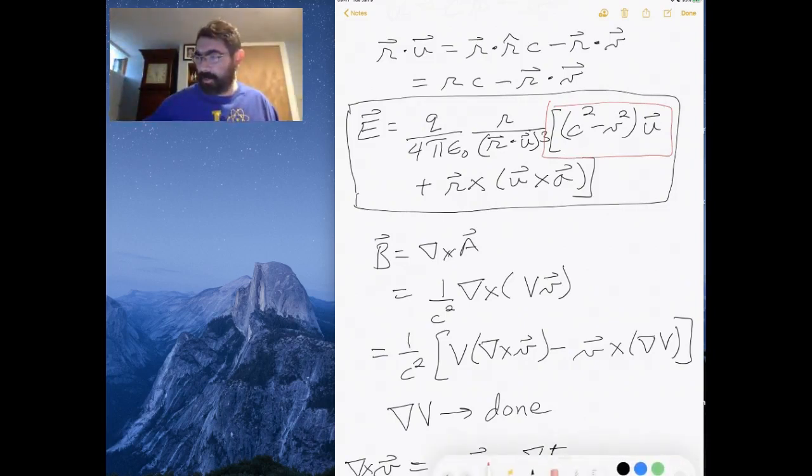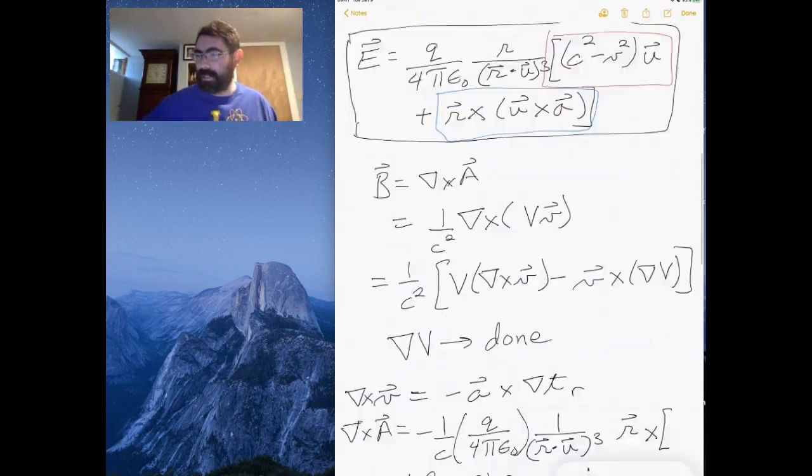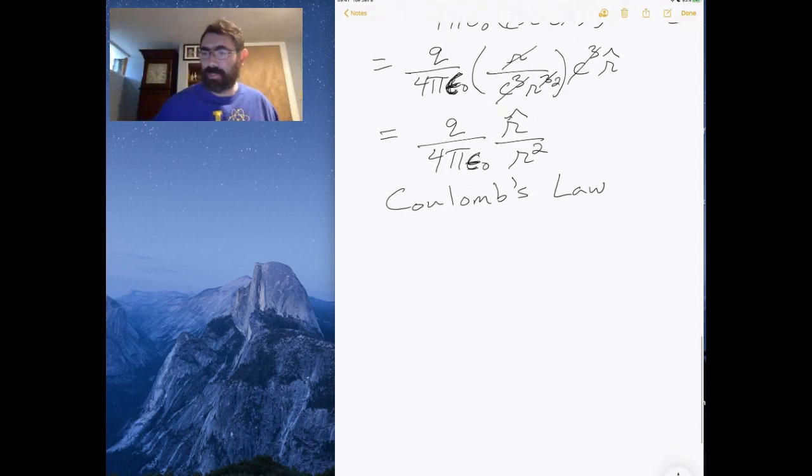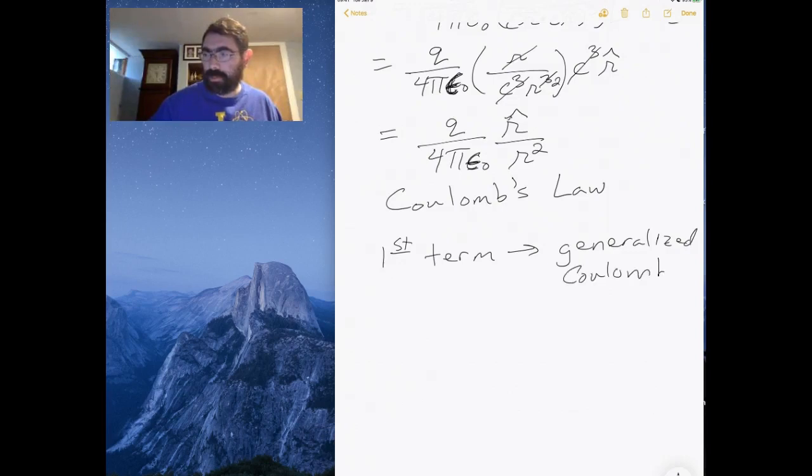This term here, which I'm boxing in blue, is a new term that has nothing to do with Coulomb's law. That first term is the generalized Coulomb's law, and the second term,